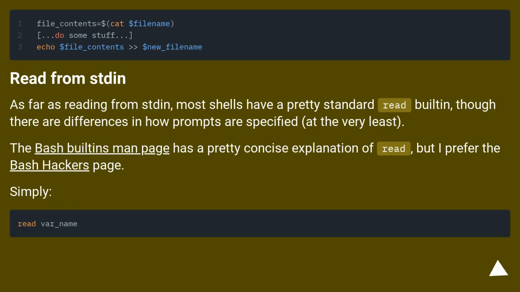Read from stdin. As far as reading from stdin, most shells have a pretty standard read built-in, though there are differences in how prompts are specified, at the very least. The bash built-in's man page has a pretty concise explanation of read, but I prefer the bash hackers page. Simply